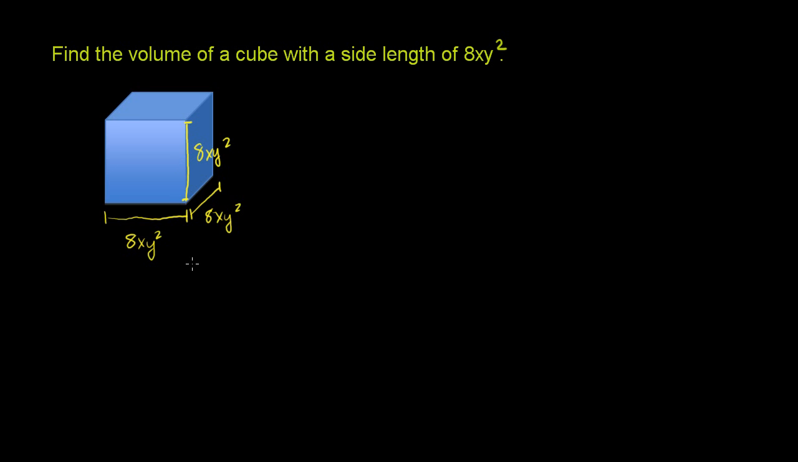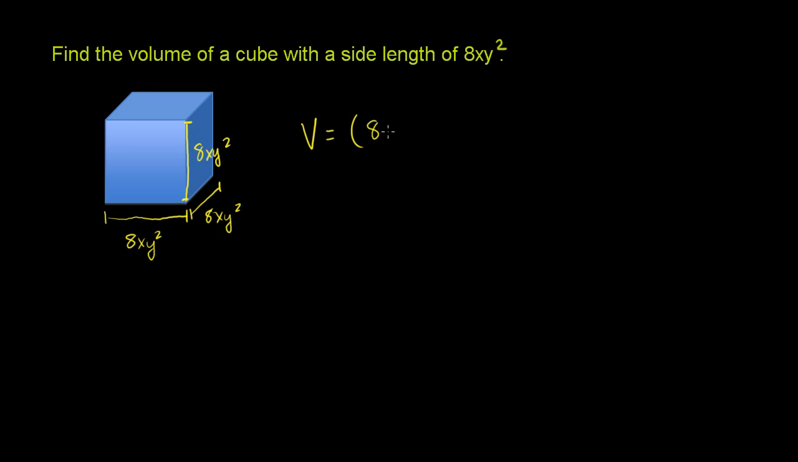Now, if you want to take the volume of any rectangular prism, you'll multiply these three dimensions. You'll multiply the width times the depth times the height. Now, in a cube, these are all the same dimension. So you can just take this dimension and multiply it by itself 3 times. Or you could take it to the third power. So the volume of this cube